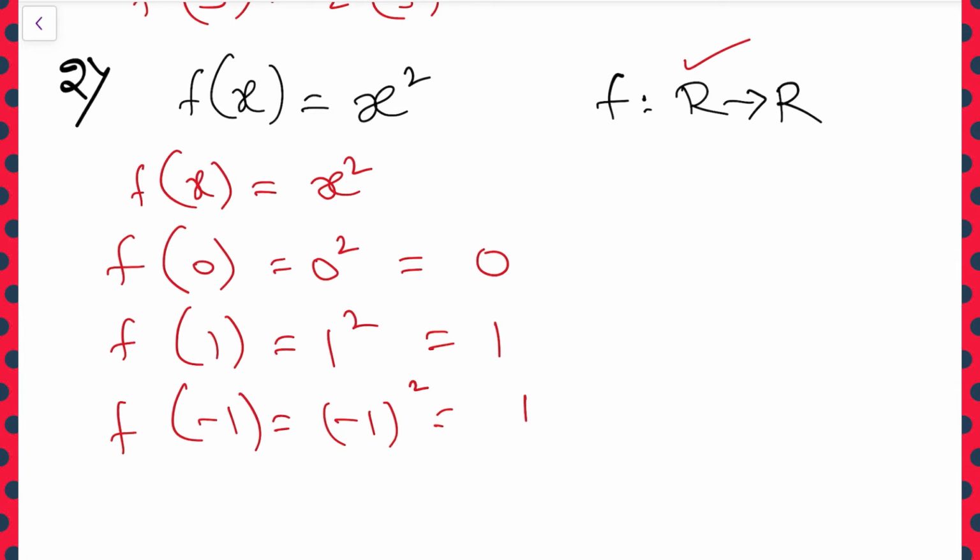So here the given function is x square. Any number, whether positive or negative, if you square it, the answer will compulsorily be positive only. And here we can see clearly 0 is also included. So the range is from 0 to infinity. Infinity will never be included, so infinity is always with an open bracket, and whatever number is included will be with a closed square bracket. Keep it in mind.